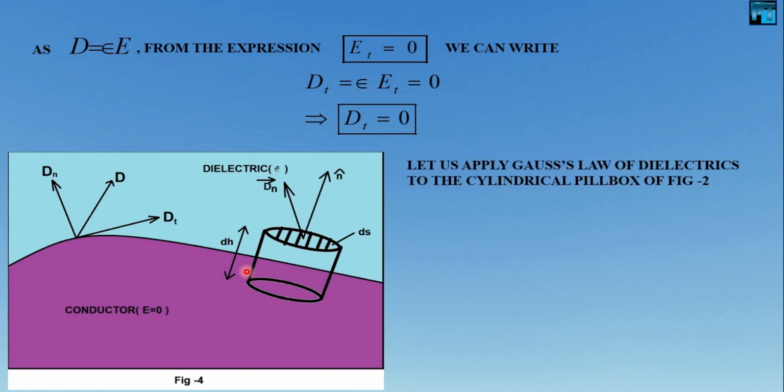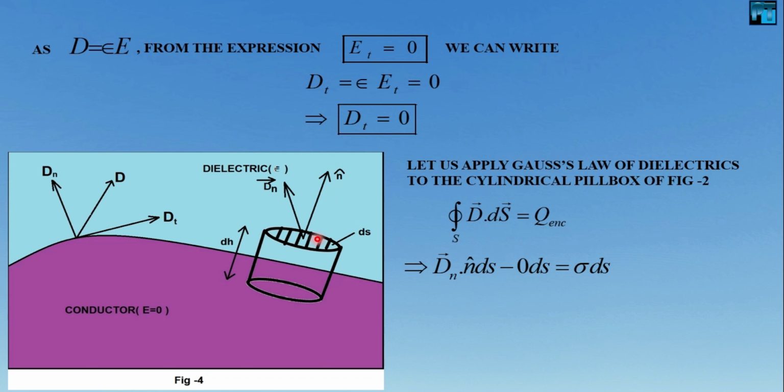Okay, now we have our second equation, that is closed surface integral D dot dS equals Q enclosed. It is the Gauss's law in dielectric. Now let us apply this equation for this Gaussian pillbox. Now for this surface, it is Dn, n for normal, dot n cap, which is the normal as you are seeing here, n cap,